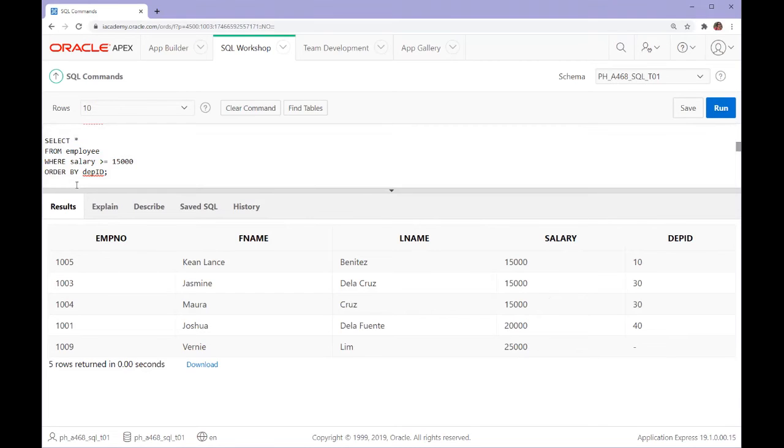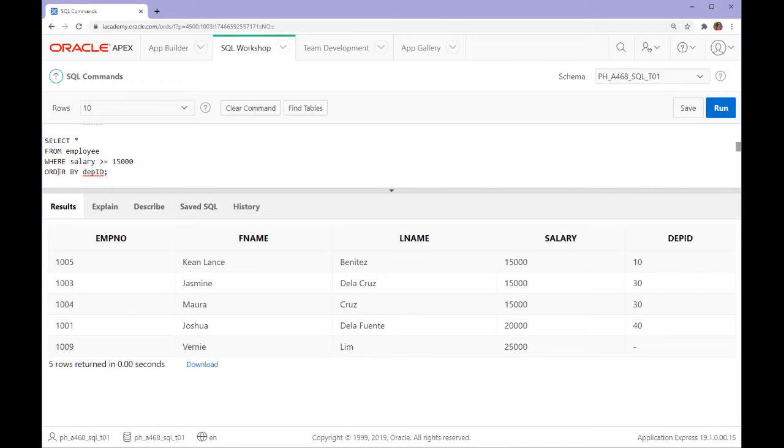And then the data will be arranged by department ID from lowest to highest. So the data is sorted by department ID from lowest to highest. Okay, and the null value will be displayed last. Okay, so that is using the where clause